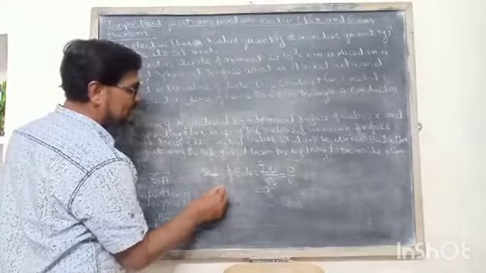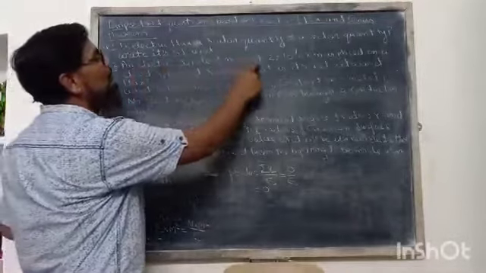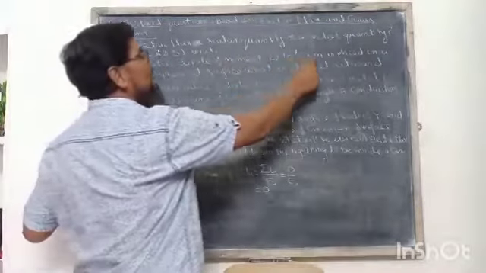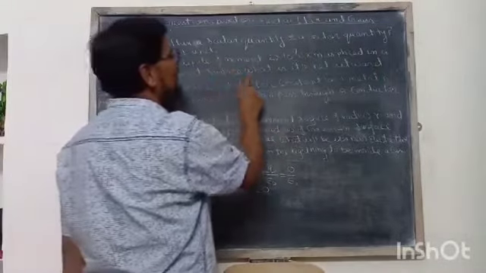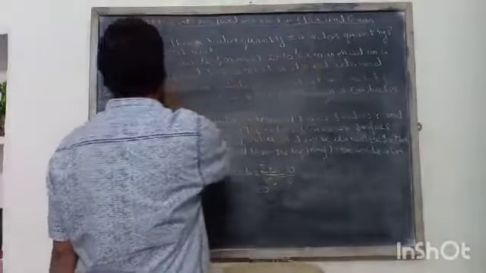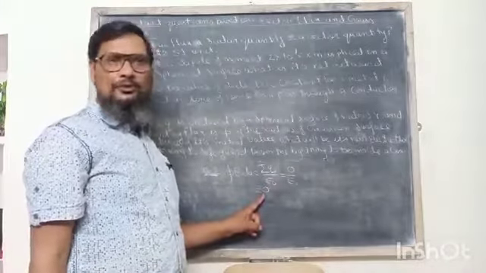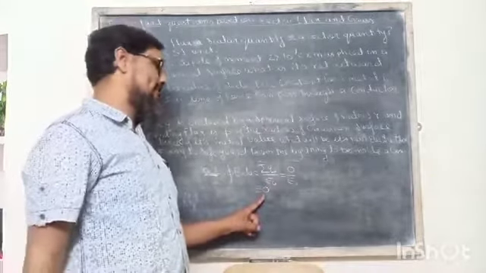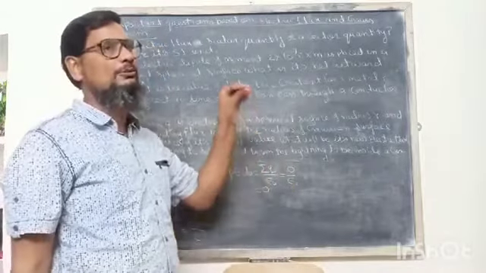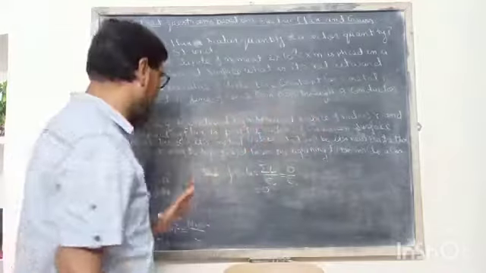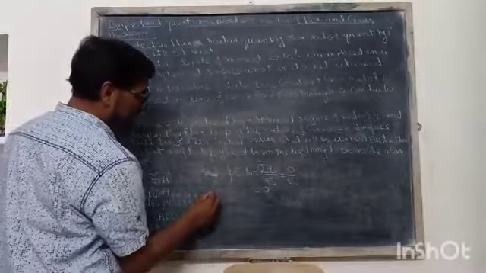So the answer of question number 2, an electric dipole of moment 2 into 10 raised to minus 7 Coulomb meter placed in a closed spherical surface: its net outward flux is 0. If 2, 3, 4, 5, 6 dipoles are placed inside the Gaussian surface, then the net outward flux will also be equal to 0. So this is the answer of question number 2.